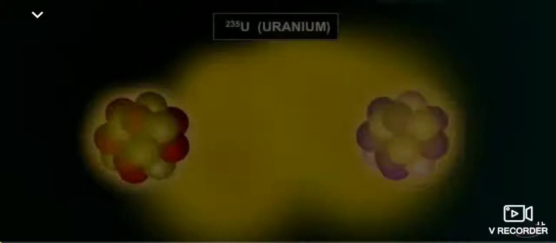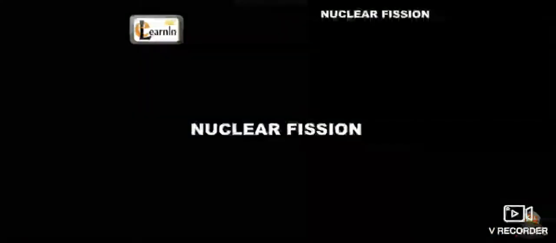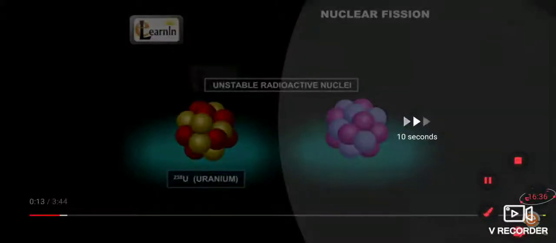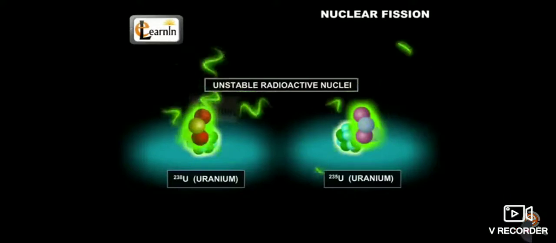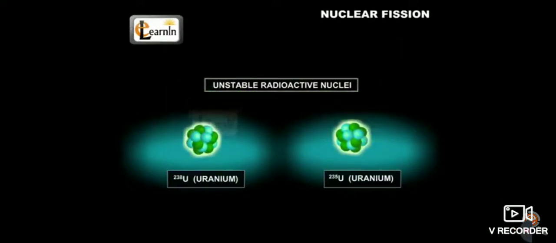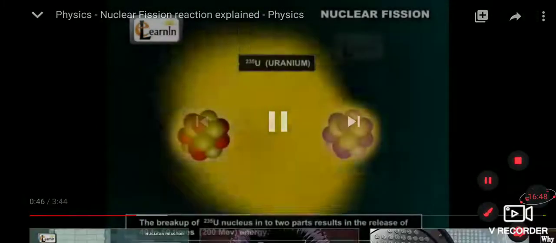So here it is, the reaction shows the uranium. In this video, we're going to talk about nuclear reactions like uranium-238 or uranium-235. The disintegration converts the uranium isotope into stable lead, and in the process emits 200 million times the energy of